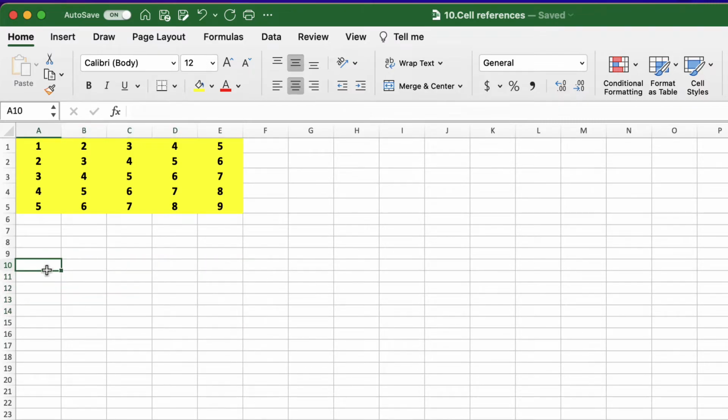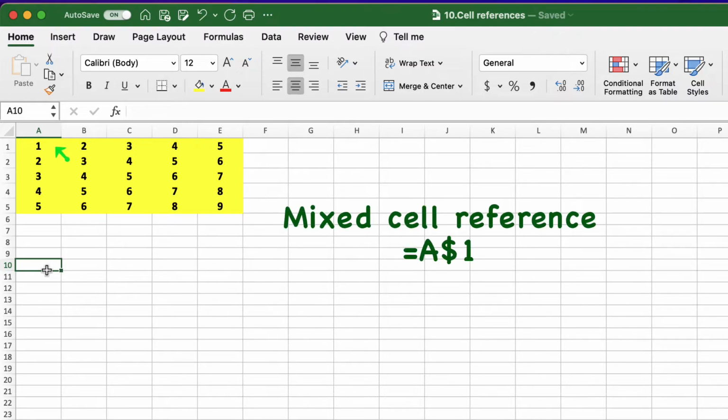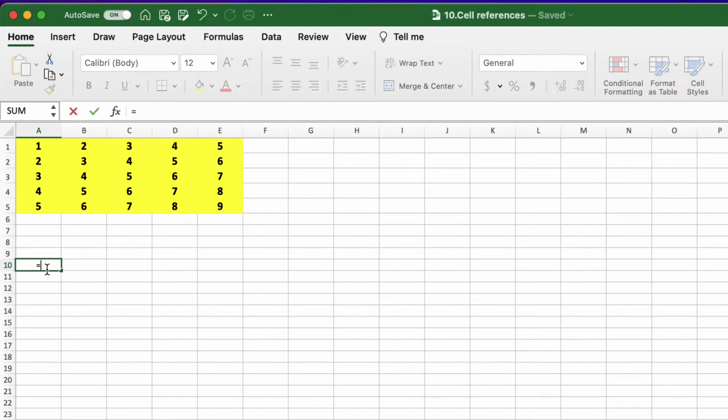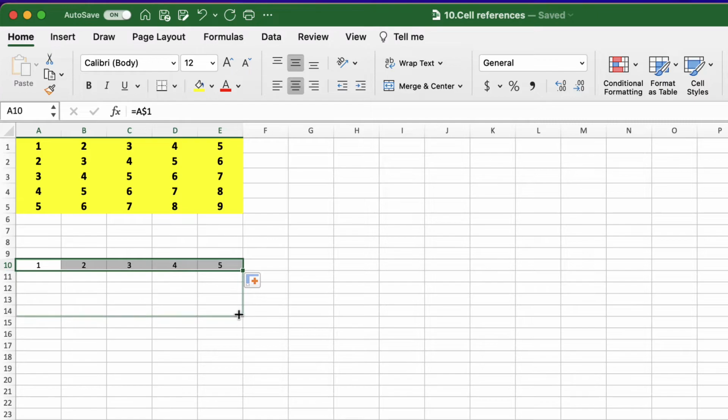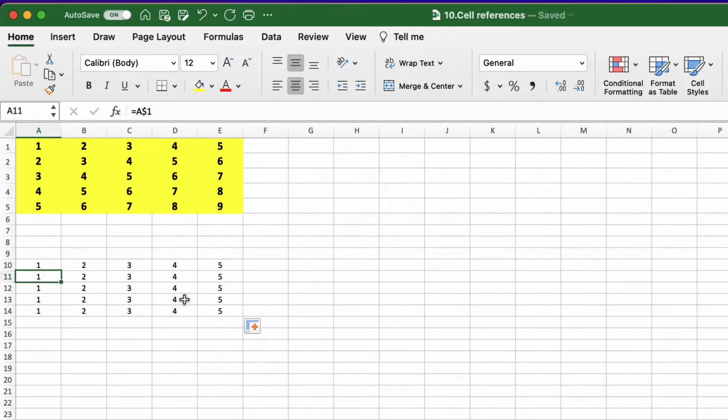Let's start all over again, and now let's do the other mixed cell reference, relative column and absolute row, pointing to the same cell A1. Type the equal sign, select the cell A1, and modify it, adding the currency symbol in front of the row only. Then press enter. Use the autofill tool to add the formula, and as you can see, the column changed in the formulas, but now the rows are the ones that did not change. So only the first row values are displayed.